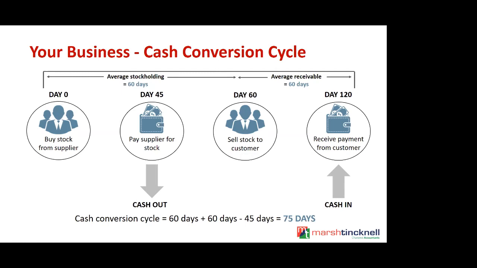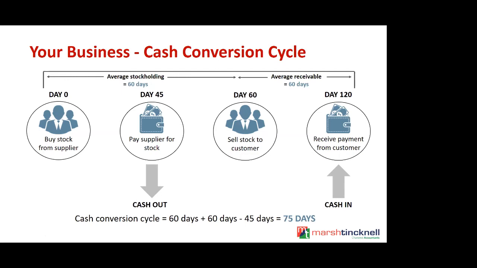In difficult times such as this, what we need to do is ensure you've got a plan in place to try and shorten this cash conversion cycle. And this is a process we recommend you do as part of your business continuity plan. We've got to use these numbers, which come from your most recent management accounts, and we can work that out for you and provide those to you, and calculate your actual cash conversion cycle right now. And from there, we can discuss with you how we can work to shorten that up and free up more